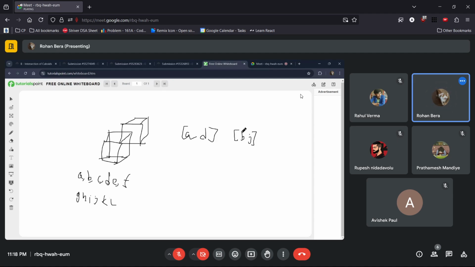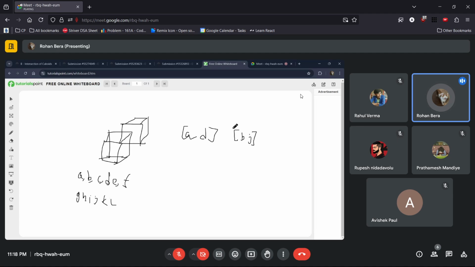When the minimum of this particular range is lesser than the maximum of this particular range, then only I can say that this range is intersecting this one. Similarly, I can say that the minimum of this range, if it lies between B and J, so in that case, I can say that